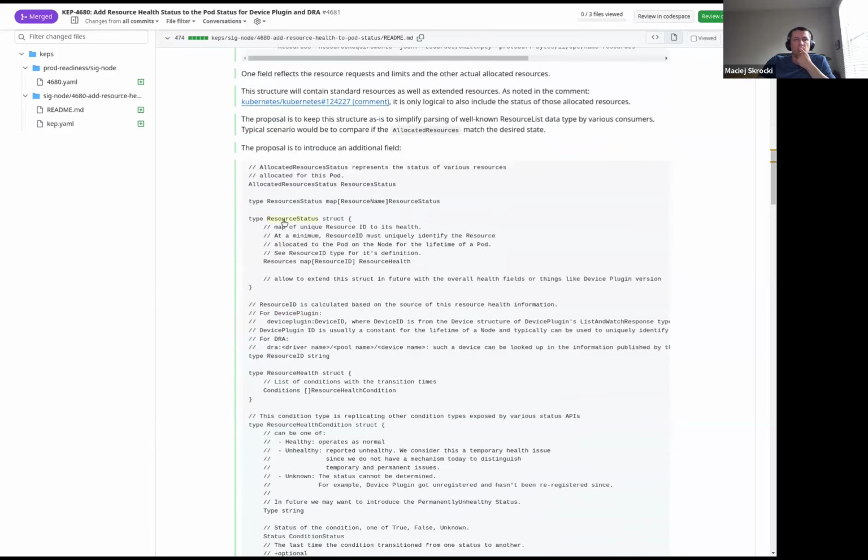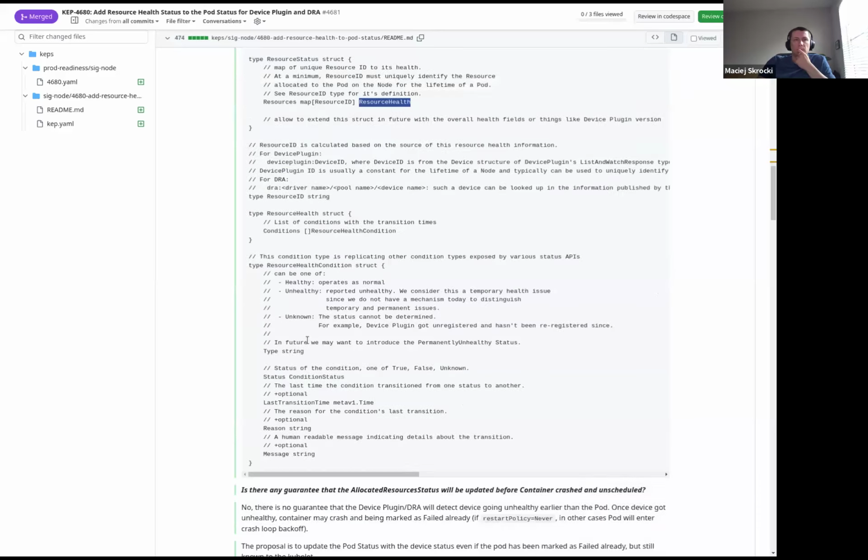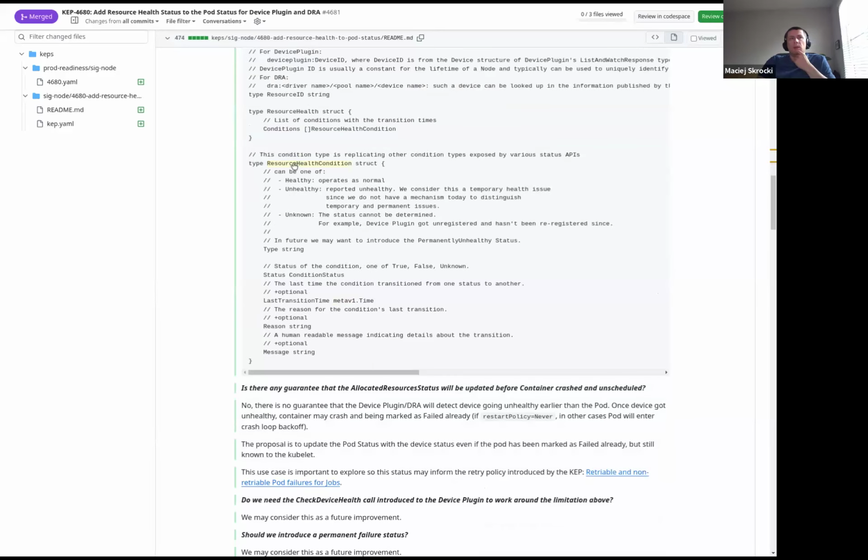And resource health. And then those are just conditions. So that will be kind of awesome, having conditions where you can provide status for the resource, right? It's kind of hacky, but